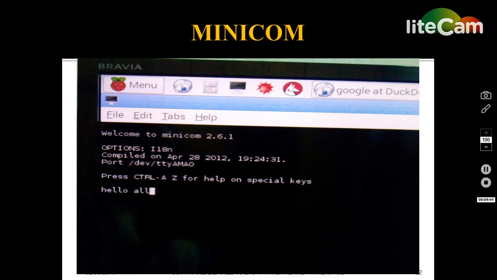This is a Minicom terminal. We can have a serial communication between two devices, that is between Raspberry Pi and any serial device like a hyper terminal in a PC also. Whatever we write in the Minicom will be displayed in the